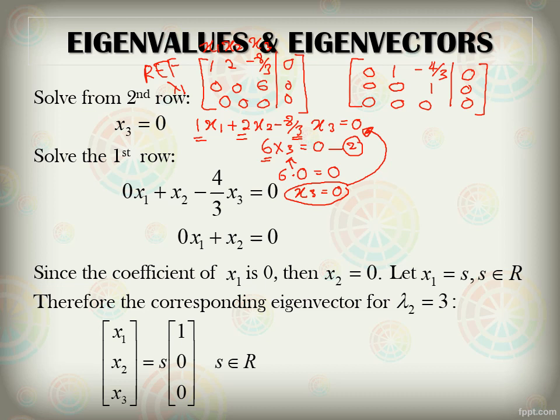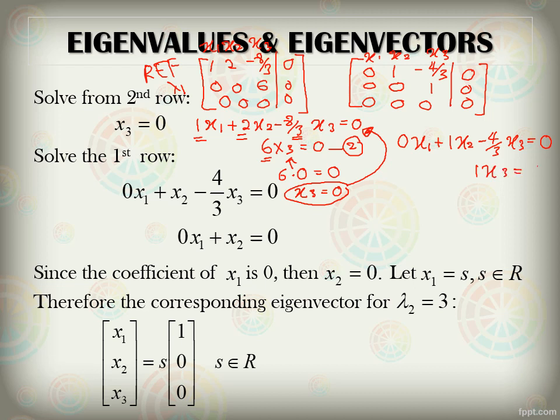We rewrite this. This is your x1, remember, this is x2, this is x3. So we have 0 coefficient for x1 plus 1 coefficient for x2 minus 4 over 3, which is the coefficient for x3, equal to 0. And from the second row, we have 1